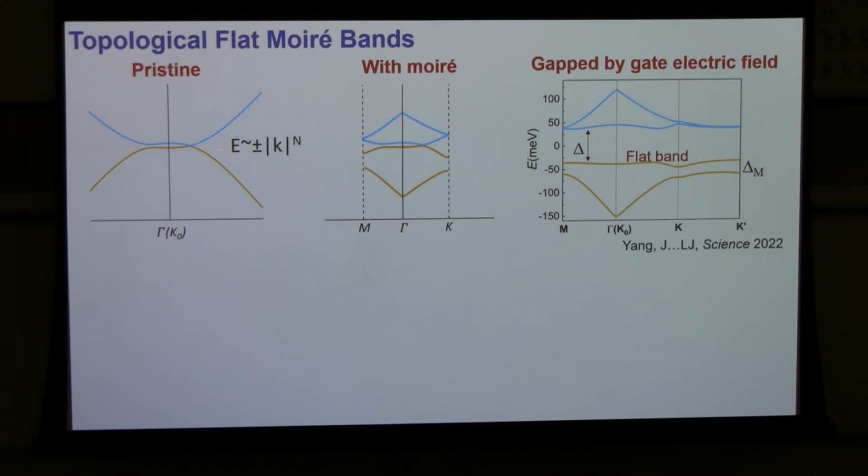Okay? Since we talk about the band dispersion of E to the K to the nth order, let's start from here. Well, this doesn't look like an isolated flat band at all, right? Well, the first thing you can do is to put it on Moiré, say graphene on hBN Moiré. Then you can use the Moiré potential to open up a gap at the mini-Brillouin zone defined by the periodicity of the Moiré.